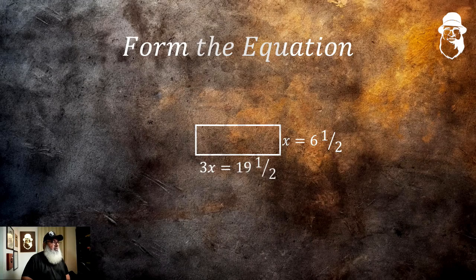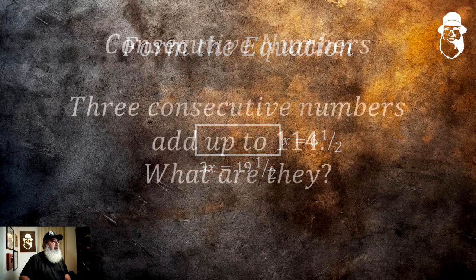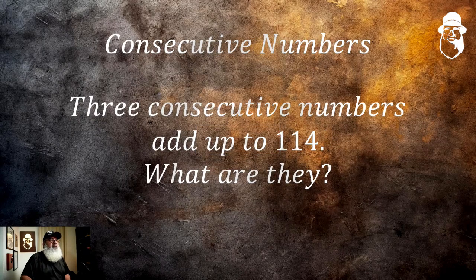Now, putting a problem into mathematical form like this is very useful, and the first step is to decide what can easily be called x. Then we adjust the rest of the given information in terms of x to form the equation, which we can then solve. The question is, 3 consecutive numbers add up to